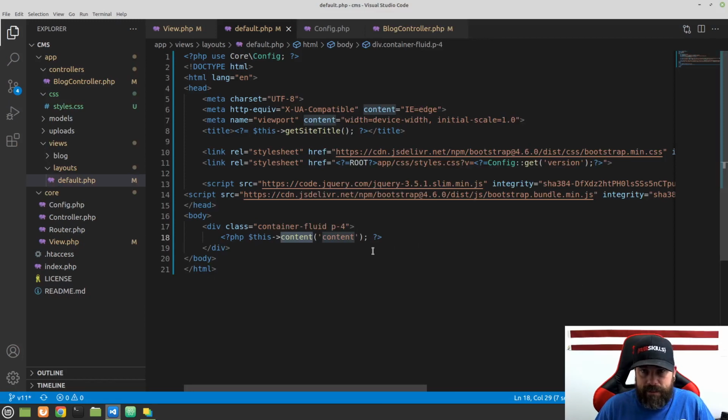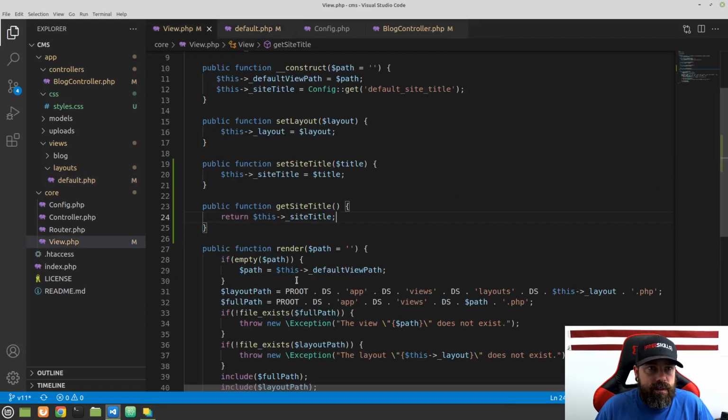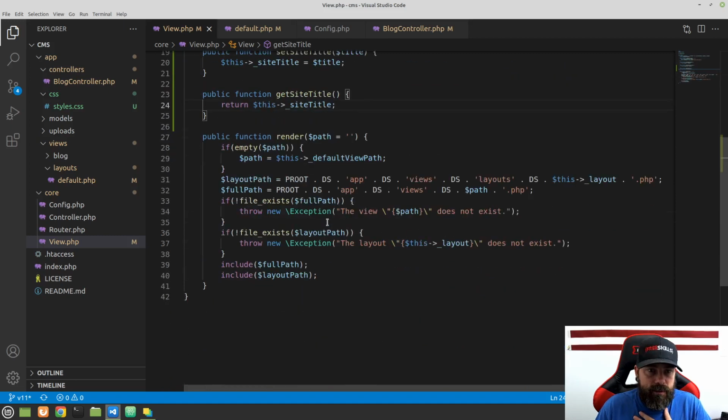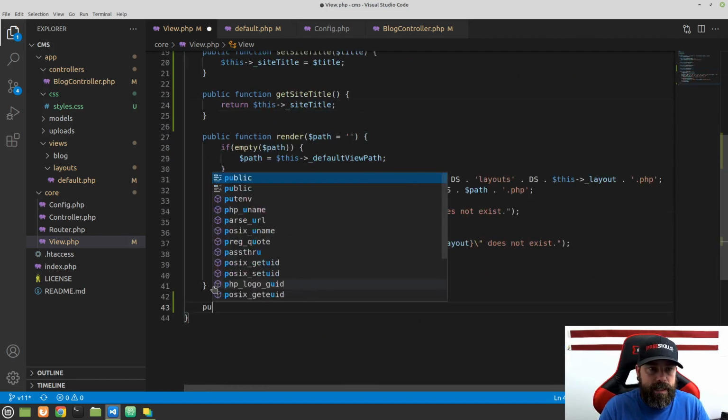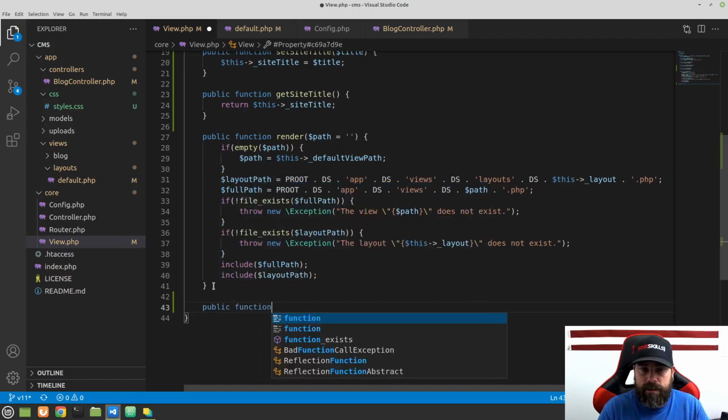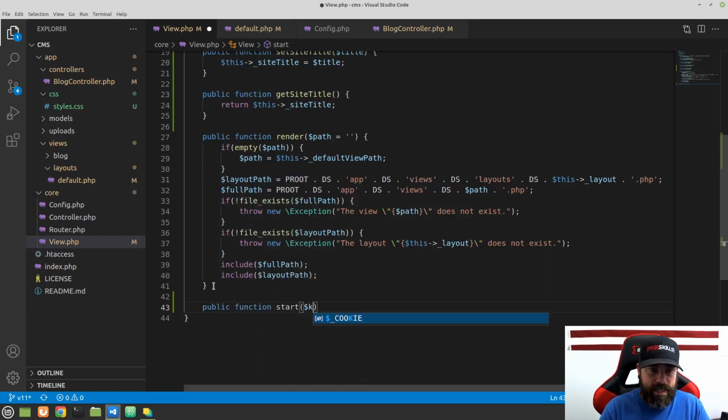Let's actually make this content thing work, which is going to be the most complicated thing of the view. So let's go now to the view class. And what we want to do here is we need to create about 3, possibly 4 methods. The first method that we want to create to be able to start using this, we're going to go down to the bottom here, and we'll say public function start, and we're going to pass in a key to that start function,